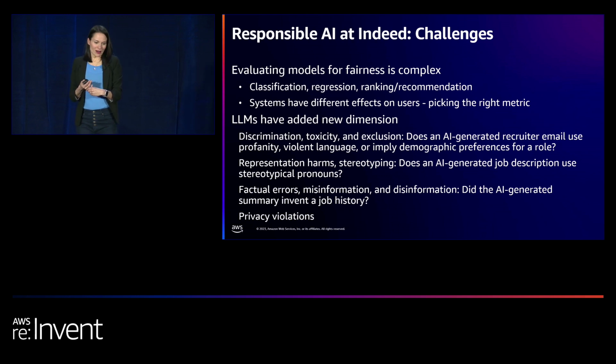Other things that we might care about are factual errors and misinformation. If we're generating, say, a summary of a resume or a summary of why we think a candidate's a good match, are the things that the text is generating actually true? Michael showed an example. We know that they're not always true. And they may be true but not useful. And then another thing, of course, is privacy violations. We will be training models on all sorts of sensitive HR data, and we would not want that to be leaked in any responses that might come out of these language models.